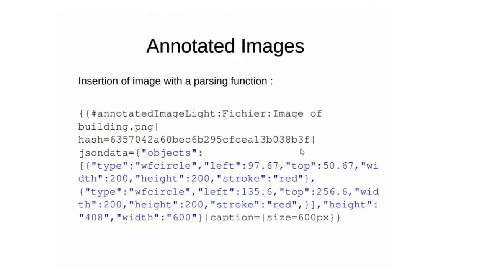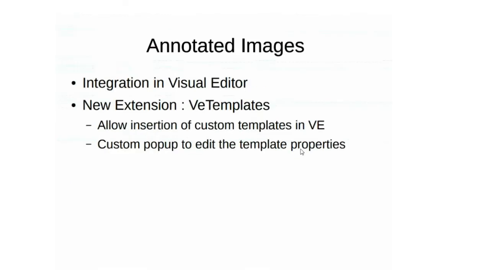So I created this parsing function, which is basically the same, but it doesn't store information in semantic data, just in a simple call of a parsing function. It looks like an insertion of files with the same parameters at the end, caption, size, etc., but with the JSON data, and the hash is also used, I will talk about it later, to store the image. So basically, integration in